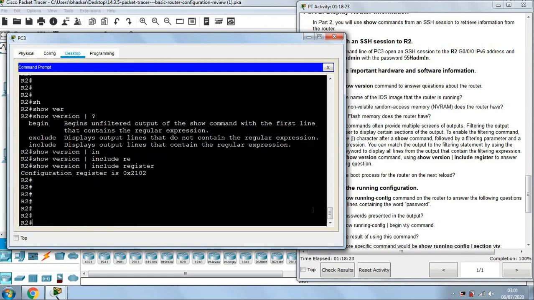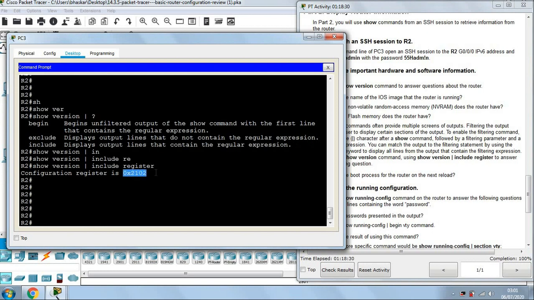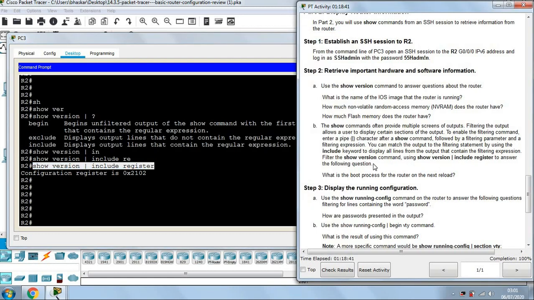Now you can see here, this is what the question asks: what is the boot process for the router on the next reload? Okay, so it is going to use this register 0x2102. So this is the command for verification of a particular output. Okay, next,